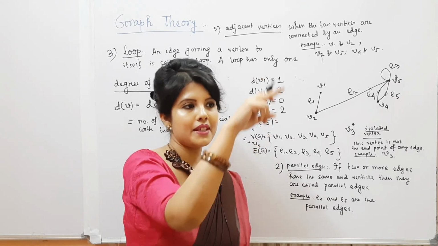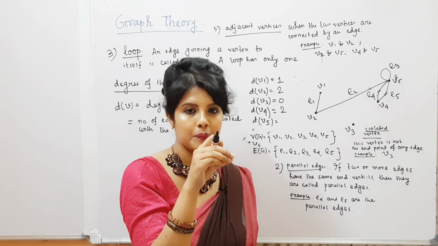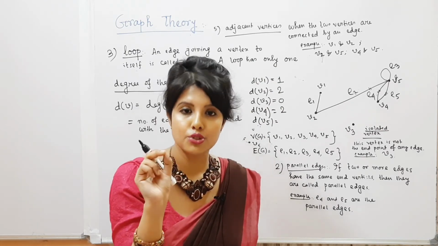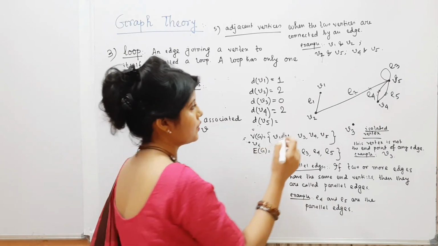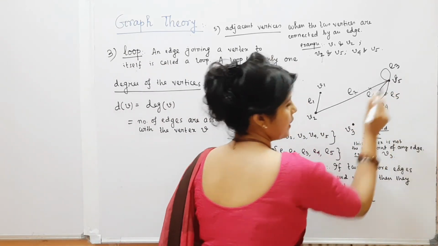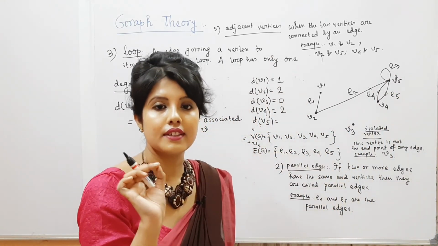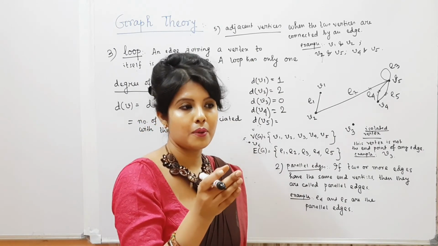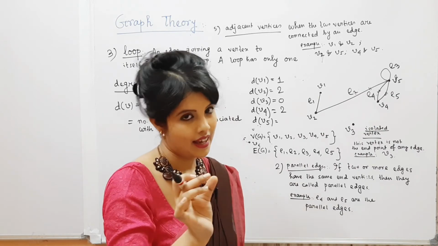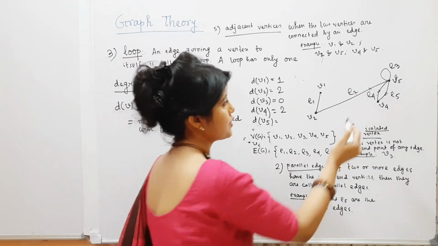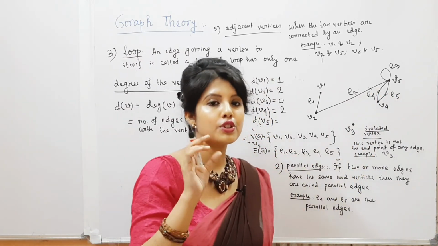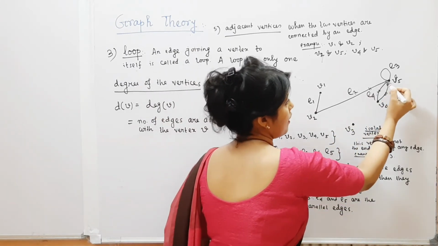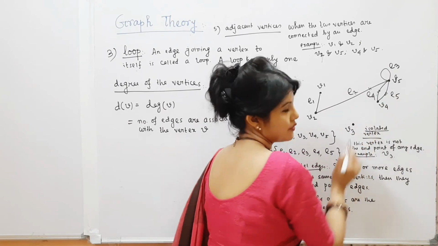That means for a loop the degree is calculated as 2. For a loop a vertex always has degree 2, because it plays the role of both the starting vertex and the ending vertex. So V5 plays both roles, therefore for this edge the degree of V5 is